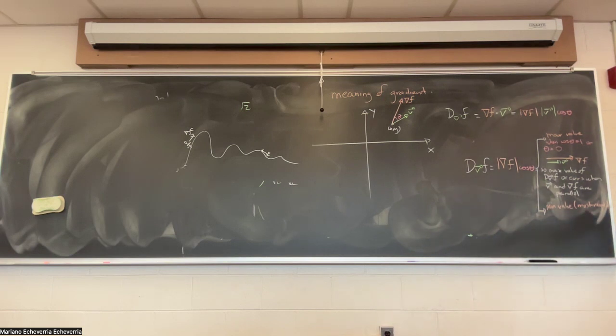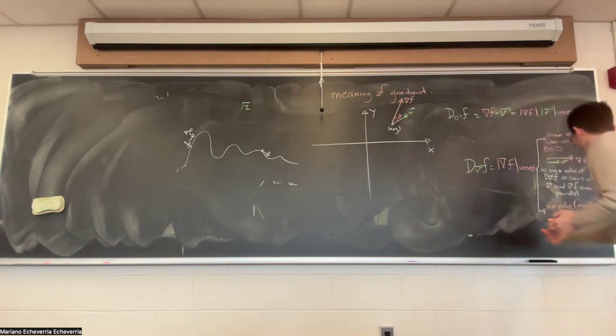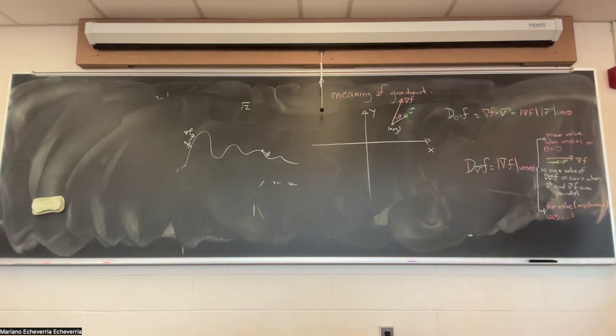Well, everything is reversed, so the cosine should be -1, right? That means the gradient should be anti-parallel. The angle should be pi, 180 degrees in this case. So that means that theta should be